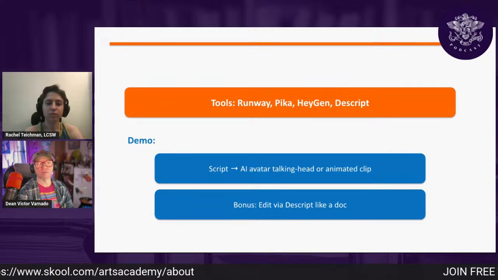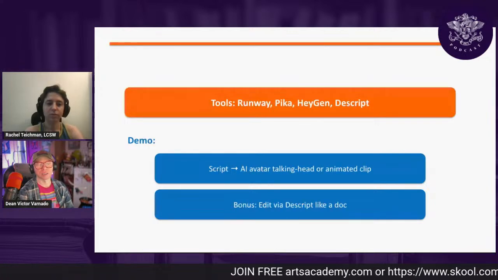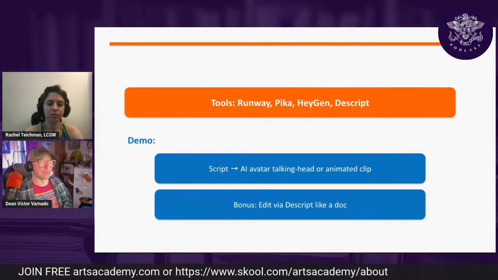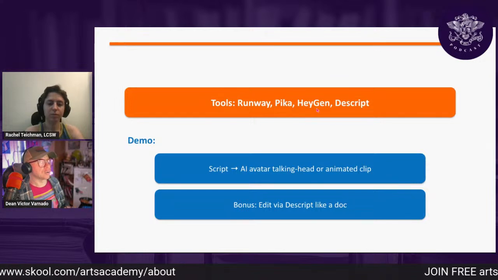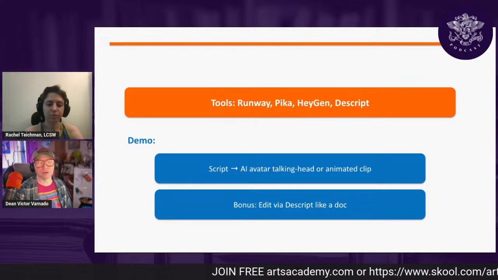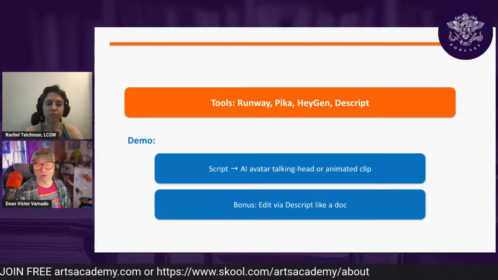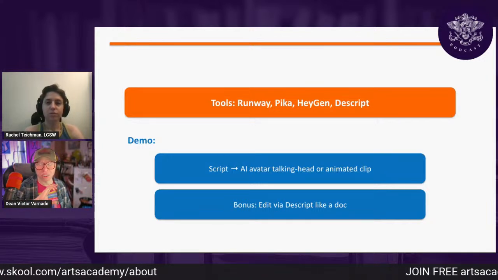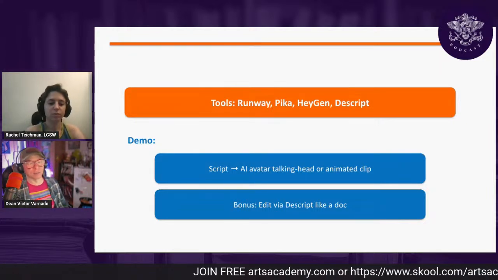But a lot of people are getting a lot of views online simply from making videos, throwing some music on them, maybe a little sound design, and then they have a full video. Out of all of these, Runway, Pika, and HeyGen are very similar. Descript is very different. Descript is a full-fledged editing software which transcribes whatever you put into it, and then you can edit that transcription like a Word document, which is so useful. I can't even tell you how much time that saves.